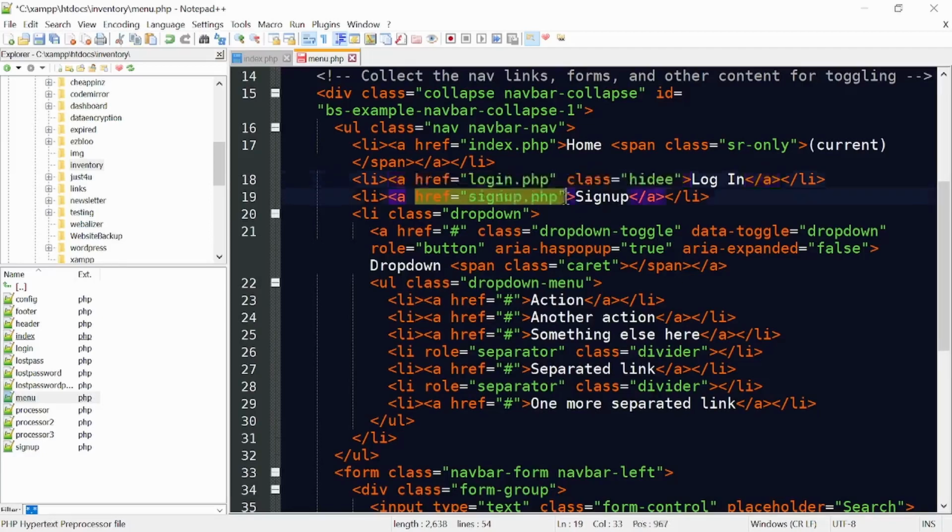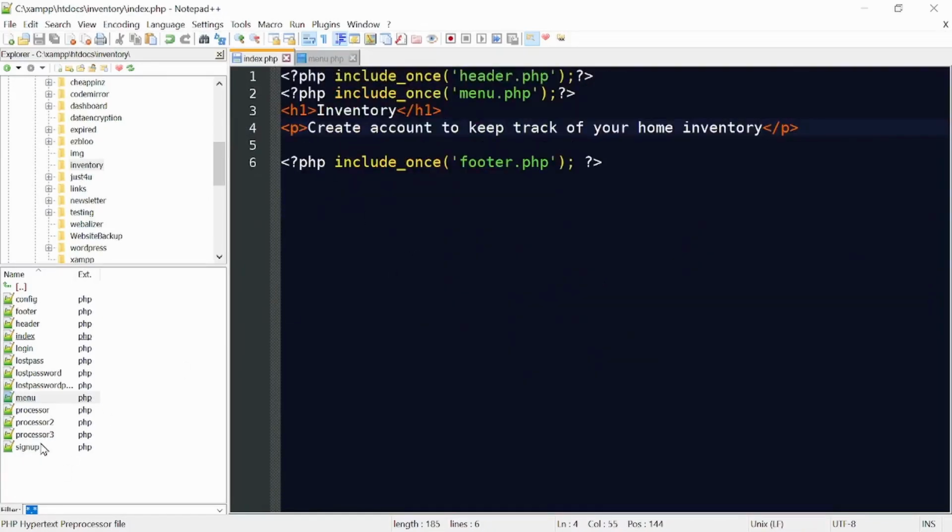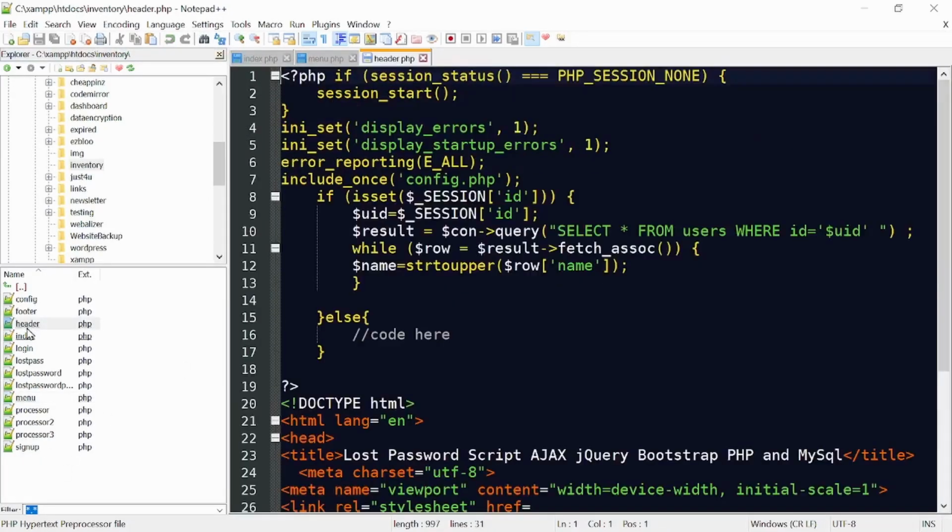Copy. Put a class of hide on sign up. And for that to take place, what we want to do is go to our header.php, and in this, if this session ID